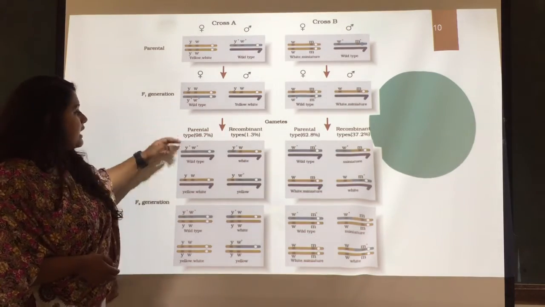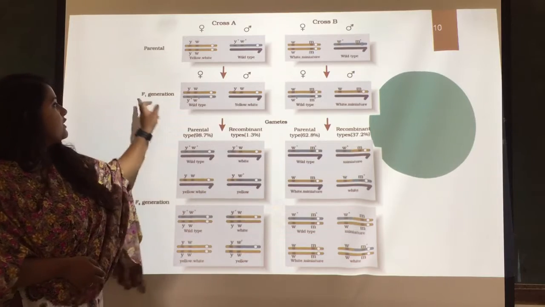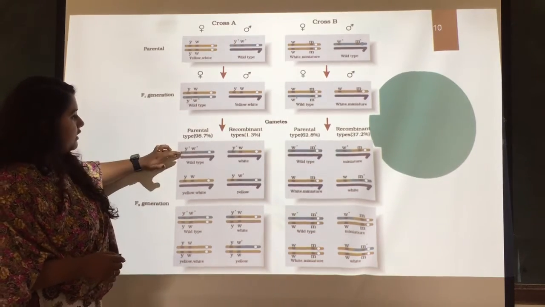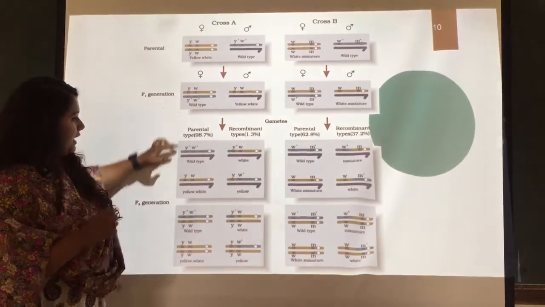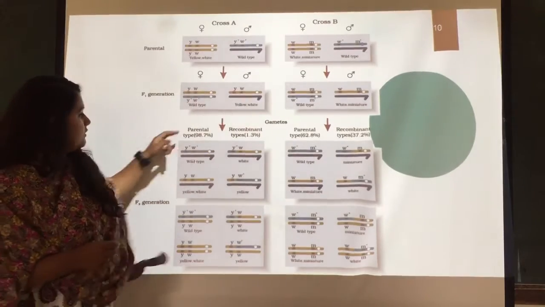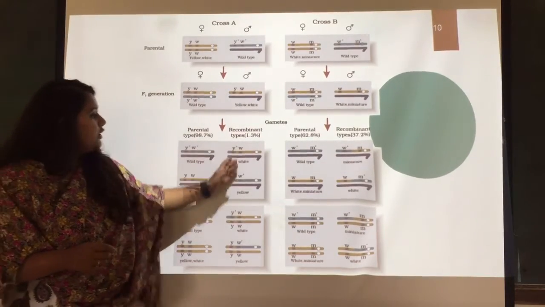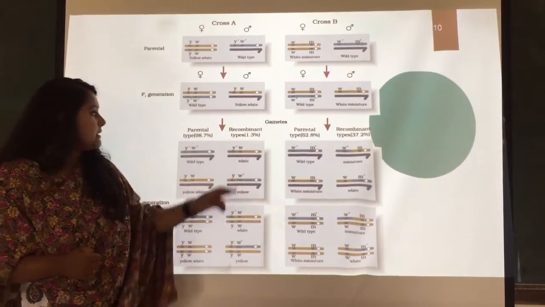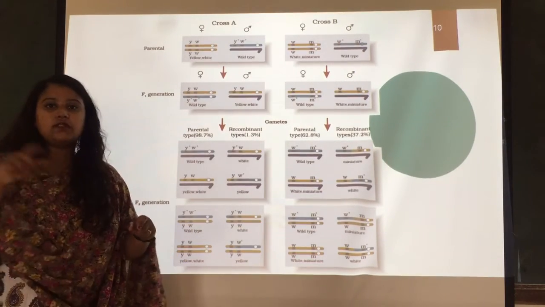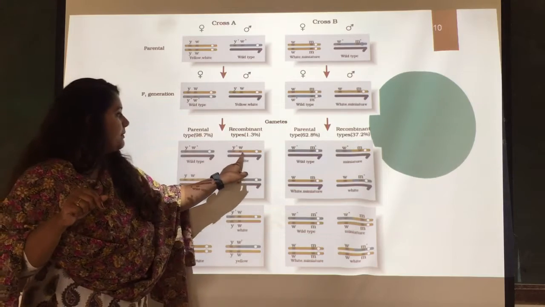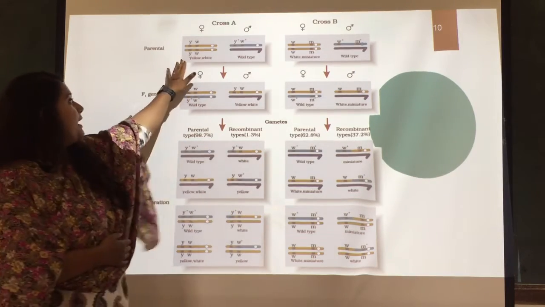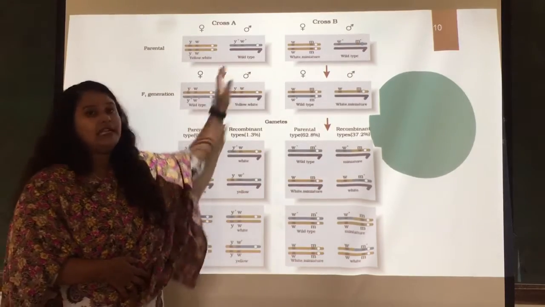So here these are the 4 different types of gametes which are formed from the F1 generation, right? One will be the wild type, and one will be the yellow white, that is same as this. So these both will be same, and in the other 2, the recombinant ones, here one gene will be of blue color, that is the wild type Y plus, and here it will be small w. So half of the portion will be of one parent, and half of the portion will be of the wild type, right?